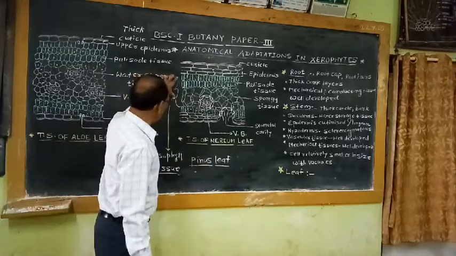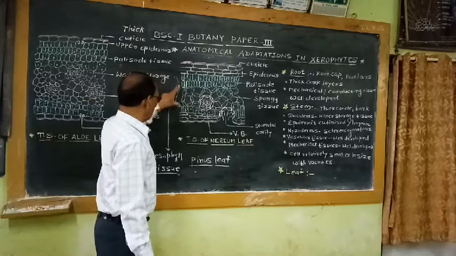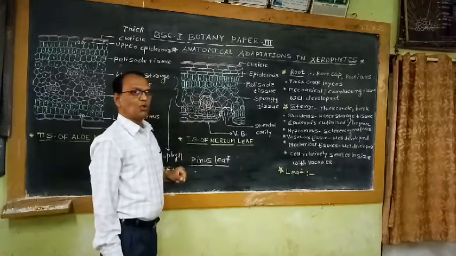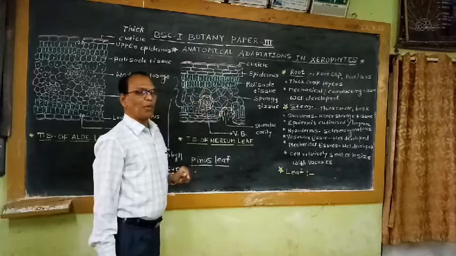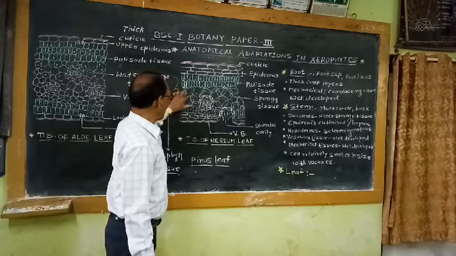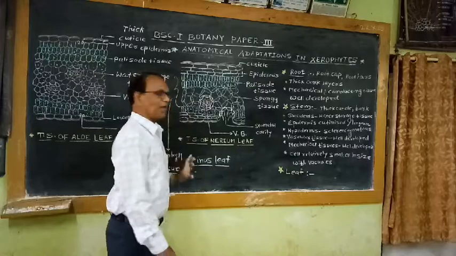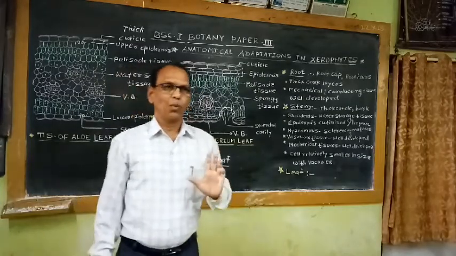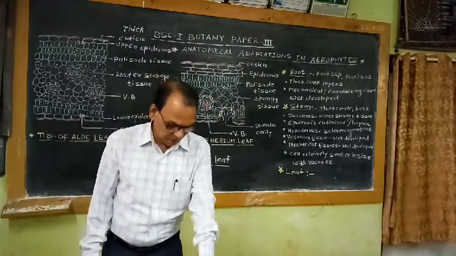That means this mesophyll tissue, present in between the upper and lower epidermis, is differentiated into palisade tissue and spongy tissue. Why is this tissue known as spongy tissue? Because this tissue has fewer chlorophyll pigments, but intercellular spaces are more in this tissue. That's why this parenchyma tissue is commonly called the spongy tissue layer. This well differentiated mesophyll tissue into palisade and spongy tissue is an important anatomical character in most leaves of xerophytic plants.